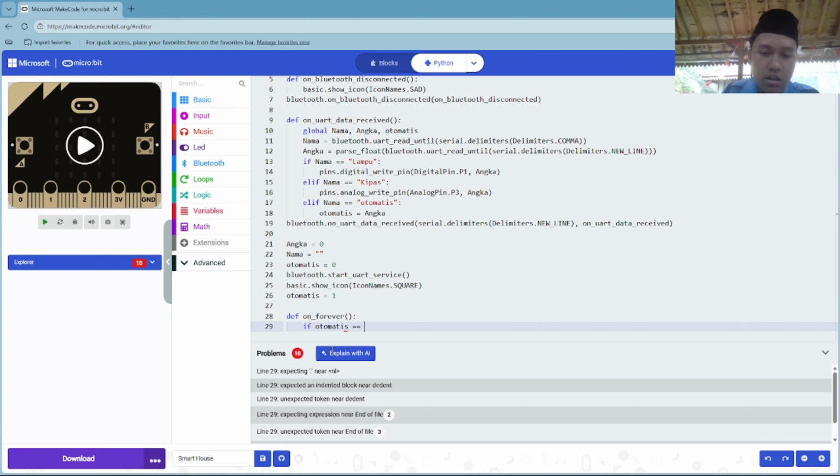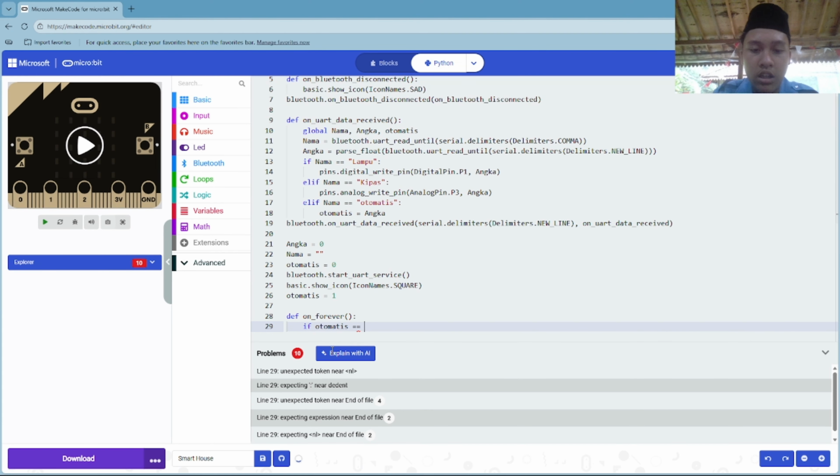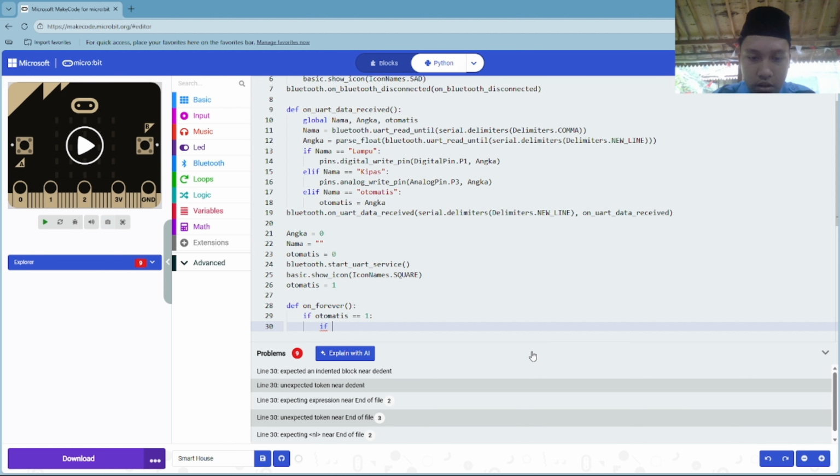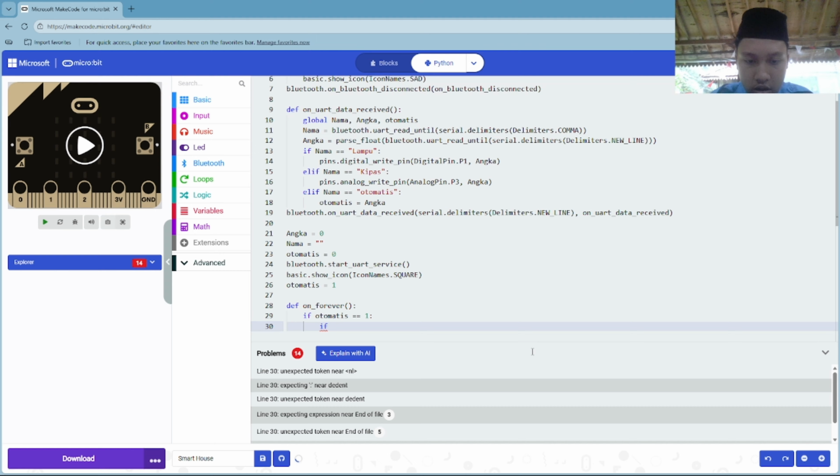In the forever code, this is the system of automatis, so you guys will know. If otomatis equals 1.